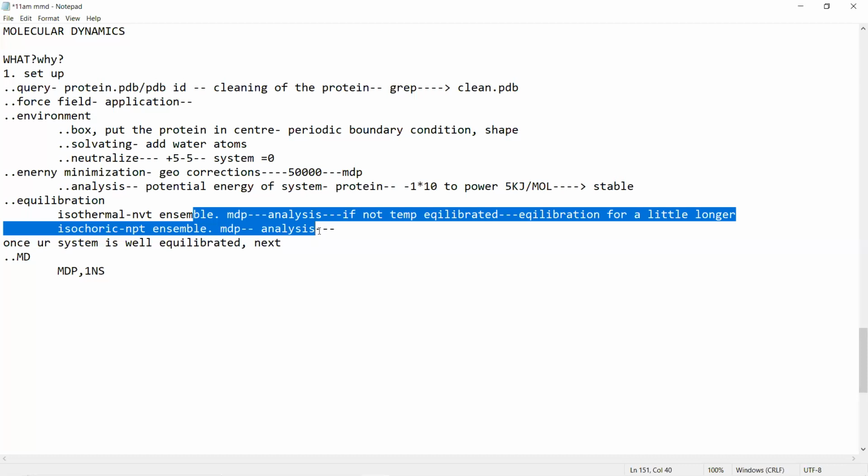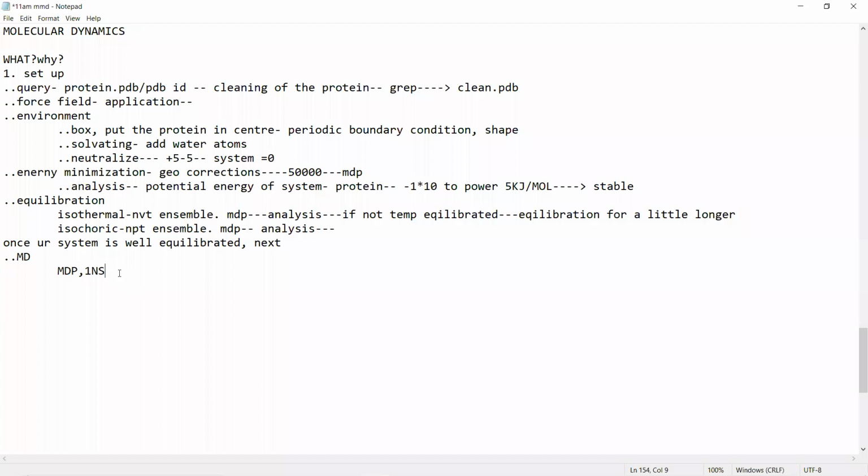Here we have to achieve the equilibration. After equilibration is achieved, we will go for this. So when the MDP file is set, we will be going for the 1 nanosecond run. We will try to do it for 2. Now, if you ask me how much time frame is minimum required, I would say you can go for 1 nanosecond also. But if you're aiming for good publications, where you want to report your simulated structure or system, minimum 6 to 10 nanoseconds is needed.